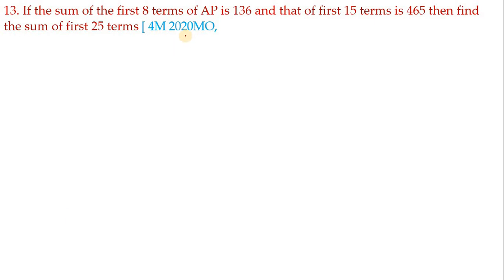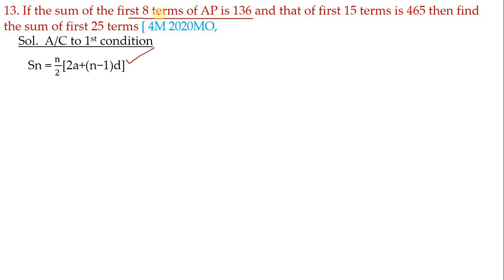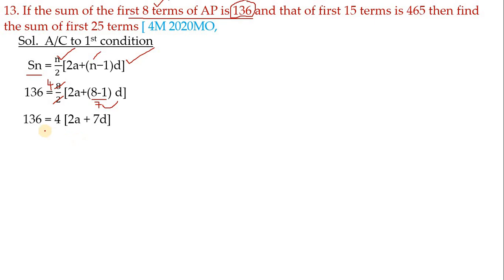So first let me start from this itself, children. Means first 8 terms of AP is 136. Let me start from that itself. First let me write the sum finding formula. So for 8 terms, in the place of n you substitute 8 and the sum is given, how much? That is 136. Hence in the place of Sn write 136, just like this. Now wherever simplification is possible you do. So 2 1s are 2 and 2 4s are 8. And here 8 minus 1 is how much? That is 7. 7 multiplied by d, how much you will get? 7d. So we get this.